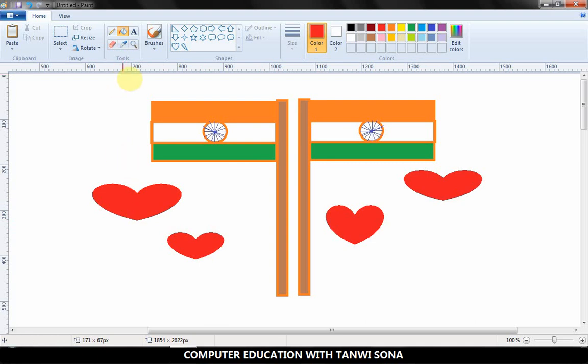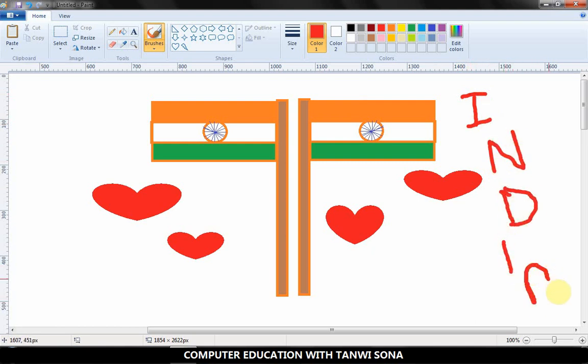Let's see what this tool does. I am taking this brush tool and making the thickness of the brush higher. See, these are the brush tools. So these are all the advanced options present in MS Paint.